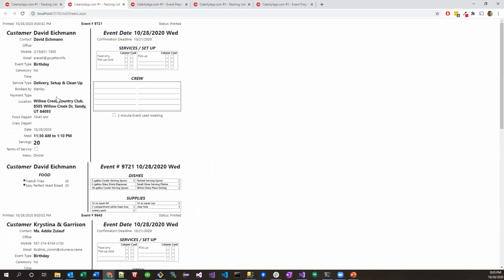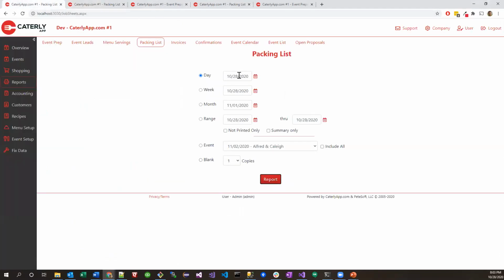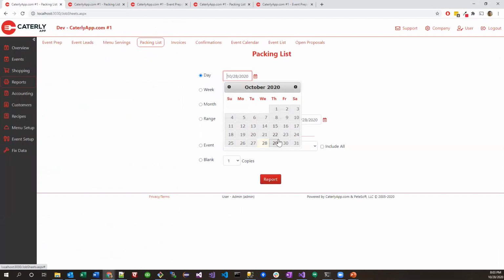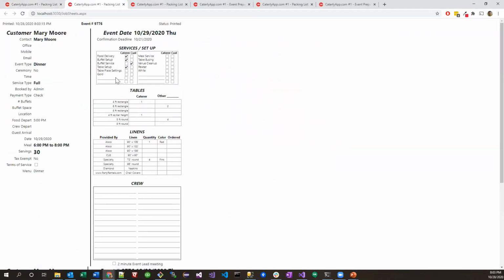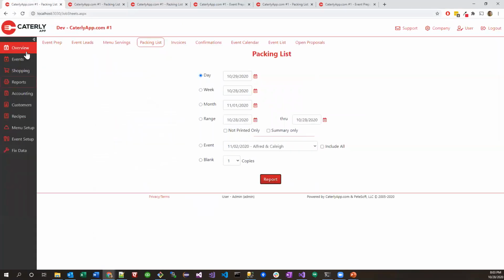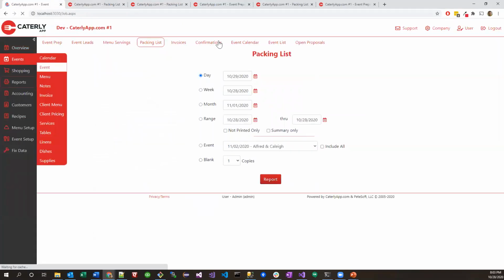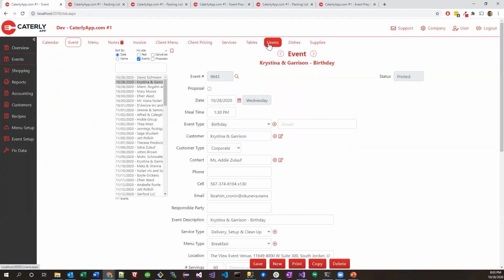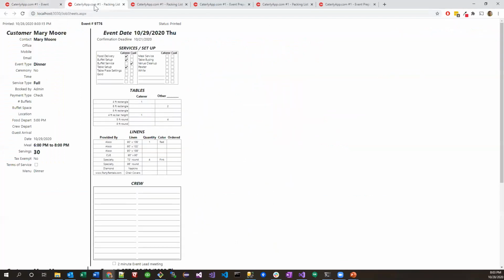So for each one of these, we've got our different jobs, and this is where I'm going to use a different one from the 29th. So up at the top in the events, where we've got the services, tables, and linens, this is showing up on our pick list exactly what you've checked and the quantities that you wanted and any notes,